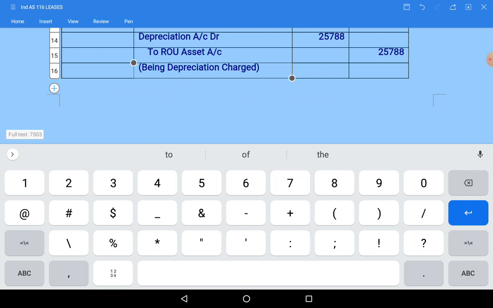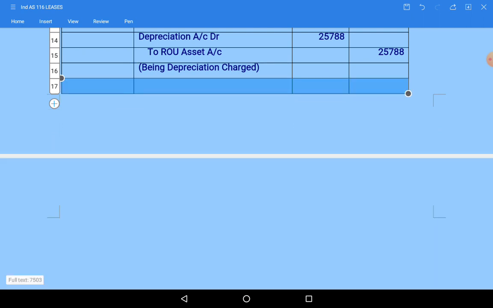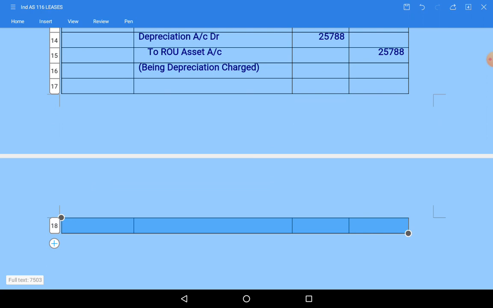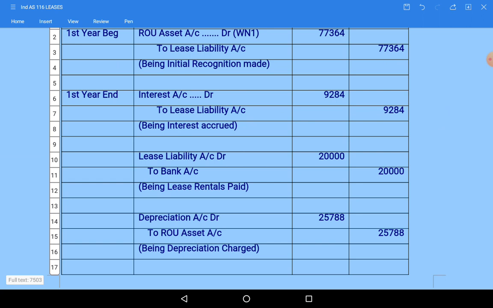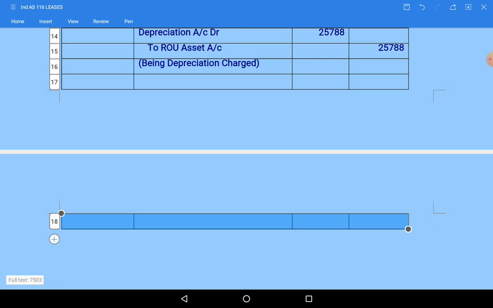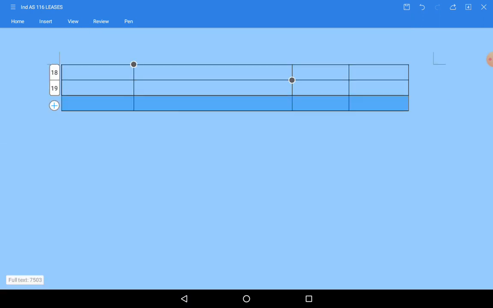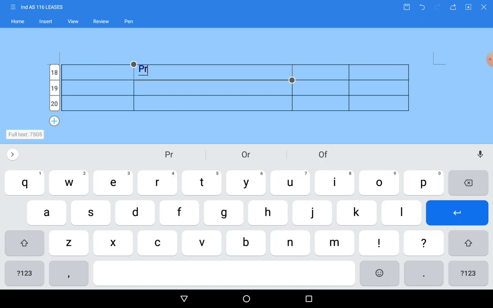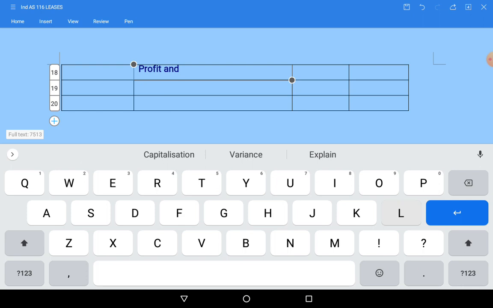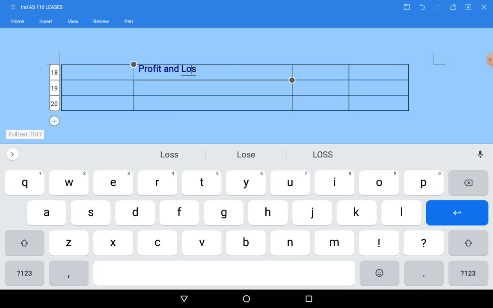At the end of the lease period, what is happening? These expenses should be transferred to P&L account. What are the expenses lessee is having? Will be transferred to profit and loss account. So profit and loss account